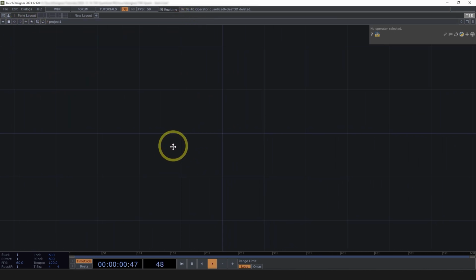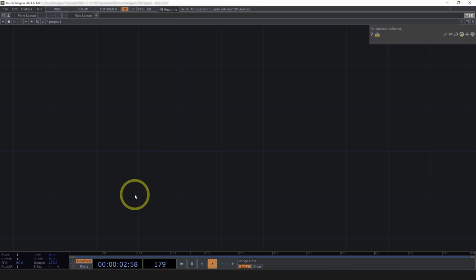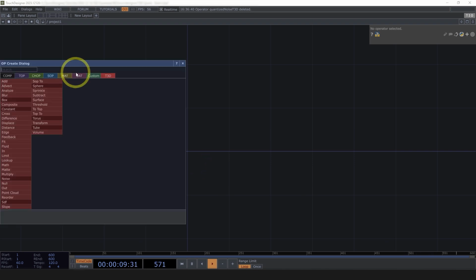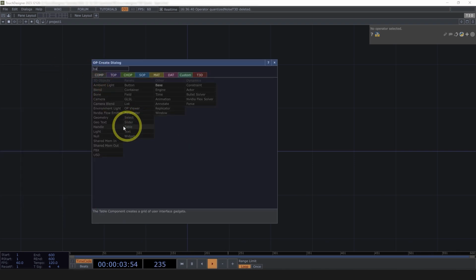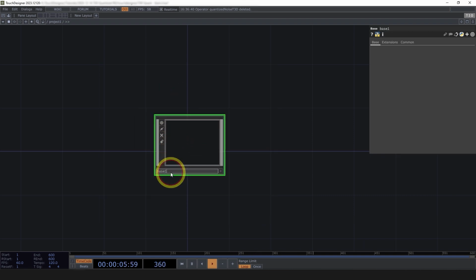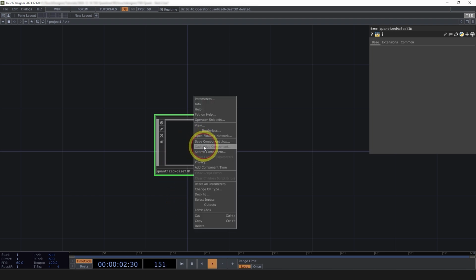We're going to start by using noise to create a volume that our reaction diffusion will ultimately fill. So I'll start by creating a base here, and we can just call this Quantized noise T3D, customize the component,